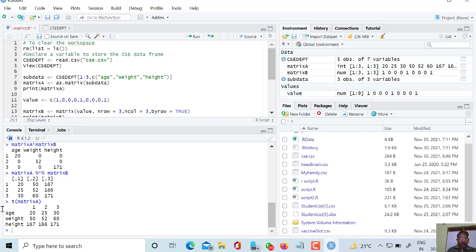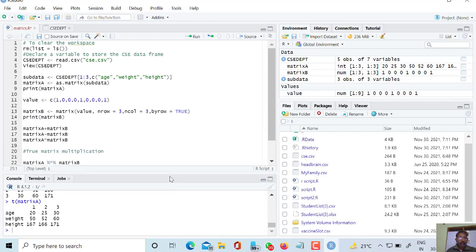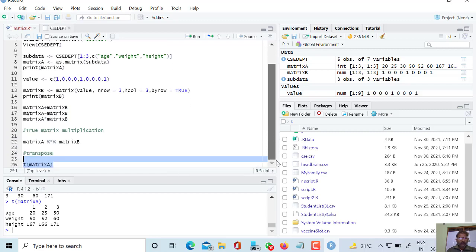The actual matrix was 20, 50, 52, 171 is on the same location, and the inverted positions are 167 and 30, and therefore if we draw a line on this diagonal, then the mirror image will be formed, and this is the actuality of the transpose matrix.